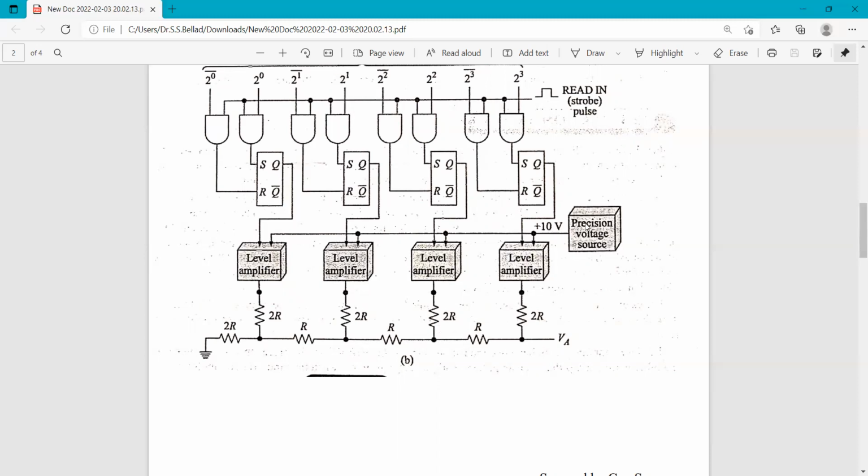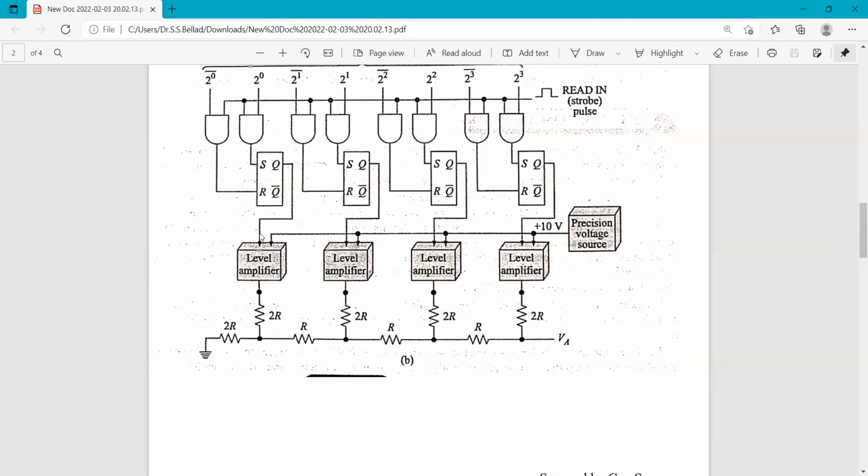One input is from this precision voltage source. It gives a voltage of 10 volt, and it is a precision voltage source because its output will be exactly 10 volt. This 10 volt is given to the level amplifiers, and one signal is also coming from the RS flip-flops,